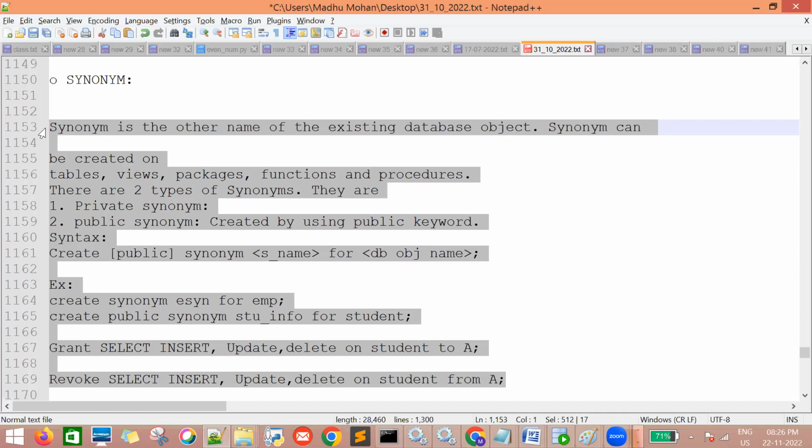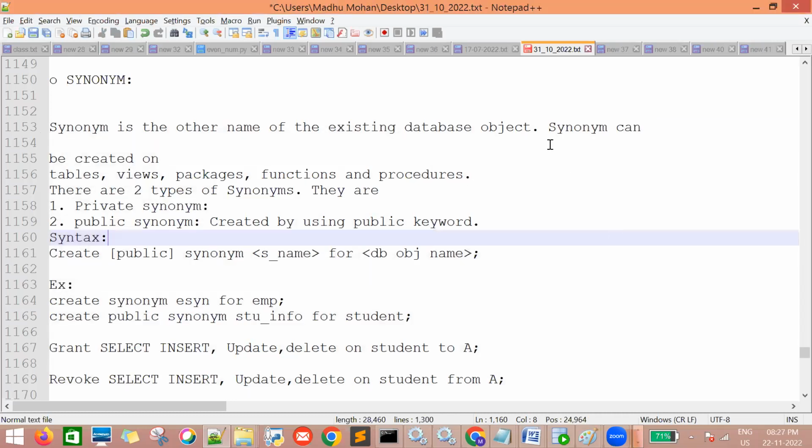Oracle handles commits internally, so based on the seconds and milliseconds time it will take them. Even if you do them at a time, it will go sequence by sequence in Oracle 12c onwards. We don't need to handle it, it will manage internally. Okay, so the synonym syntax is